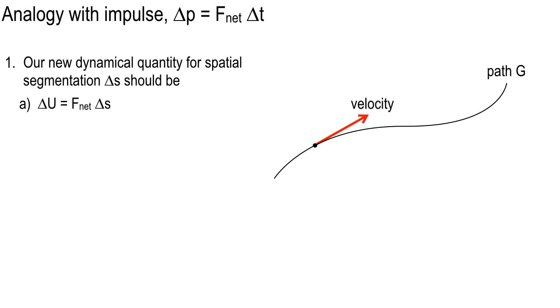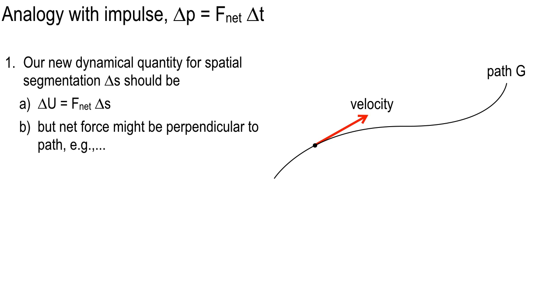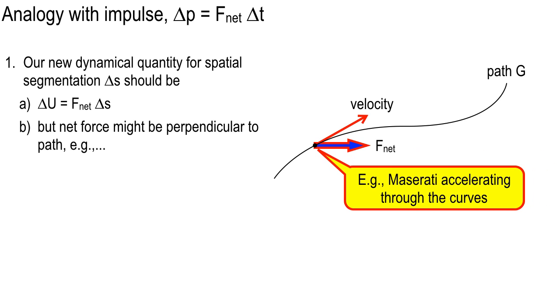And what we're going to do, I believe, did we get to this sketch? We started this. Okay, so let's go ahead and look at this again. Choose yourself a dot and lightly trace in your velocity vector. And we're going to say that the net force here is not parallel to the velocity, and it is not perpendicular. So you've got a little bit of newtons along the trajectory and a little bit of newtons perpendicular to the trajectory. So this would be the net force, for instance, on a car that's accelerating through the turns.